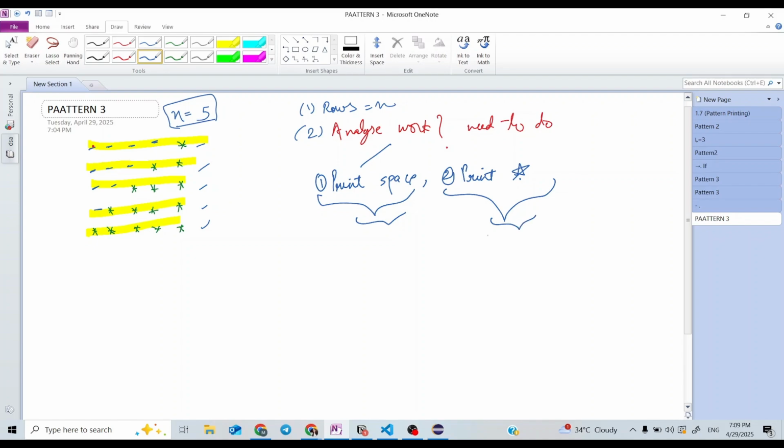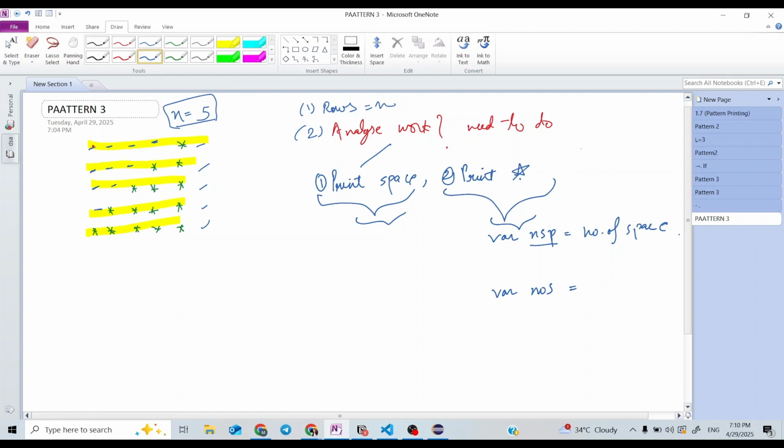Suppose nsp counts the number of spaces in a particular row. If I am talking about number of spaces or number of stars, I am talking about any particular row, because the count of nsp or nos, that is number of stars, may vary in different rows.